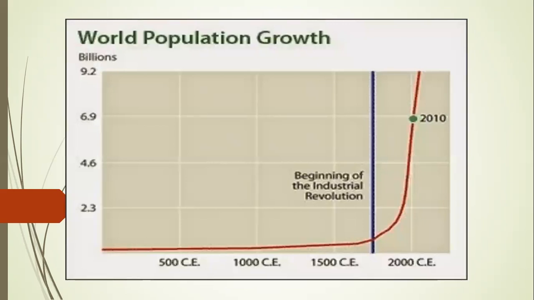Here we can observe the population of the world after the beginning of the Industrial Revolution. The red line shows the population and the blue line shows the beginning of the Industrial Revolution. Here we can observe how the population increased in a very immense amount after the beginning of the Industrial Revolution. And due to this population growth, the urbanization of the cities also increased, because we know that there are few elements that contributed to urbanization, and the most prominent is the population.